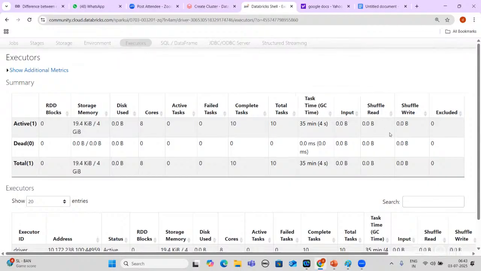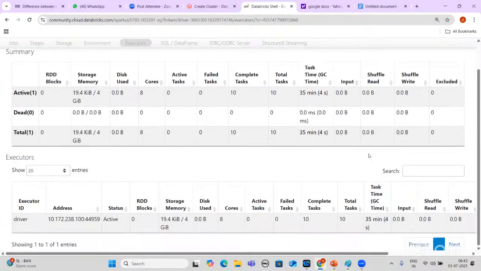Input, shuffle read and shuffle write: if we create a wide transformation, we can see how many bytes there are. This is what executors do. This is the storage memory. We have used 19.4 kilobytes for our RDD creation.